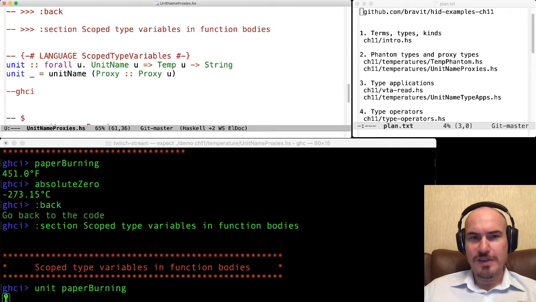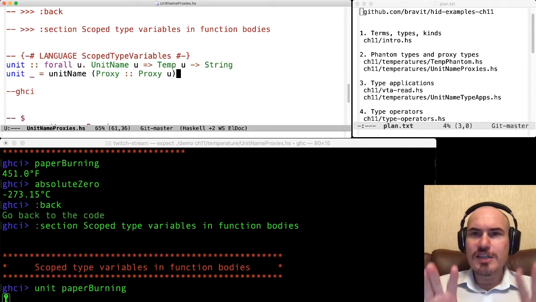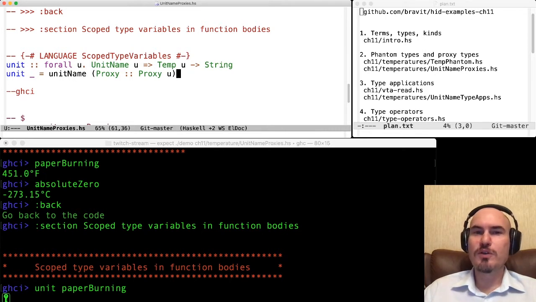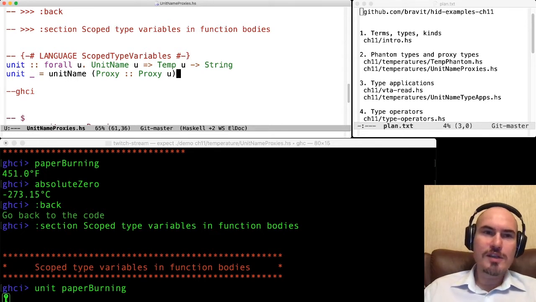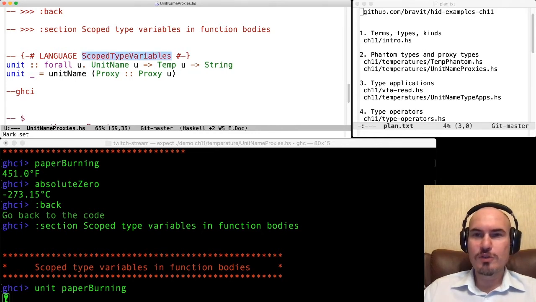These proxies, they are often used together with the ScopedTypeVariables GHC extension. And this extension is very, very simple. So let's look here. So we have some type which is polymorphic, which refers to the type variable u. And in order to call this unit name function, we want to refer to that u. So this ScopedTypeVariables extension gives you two things.